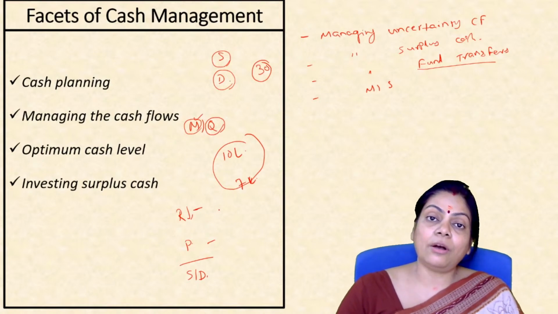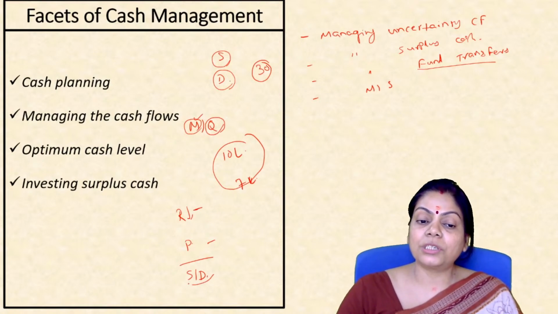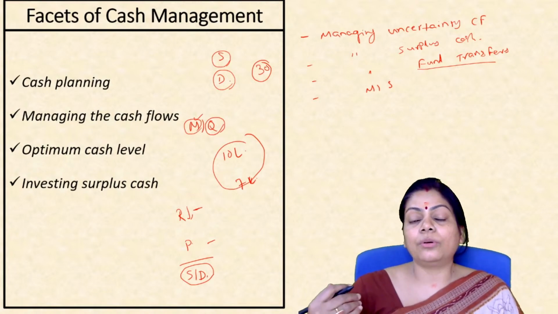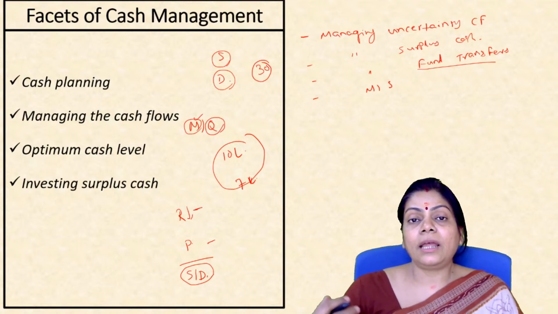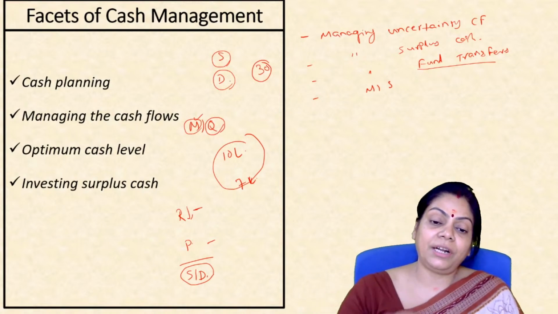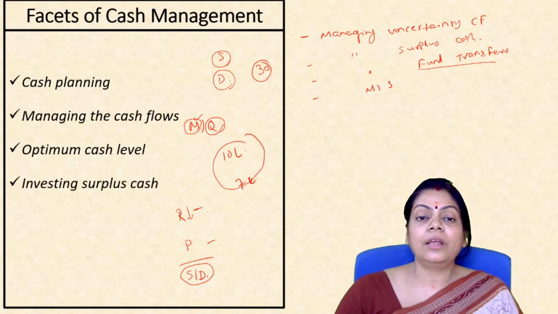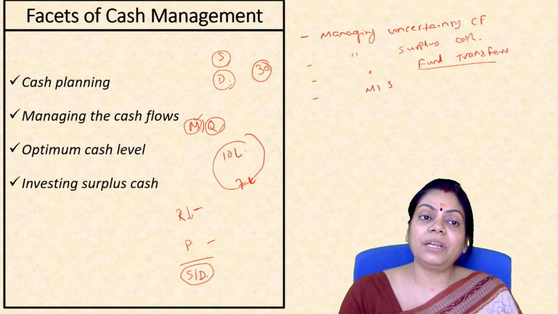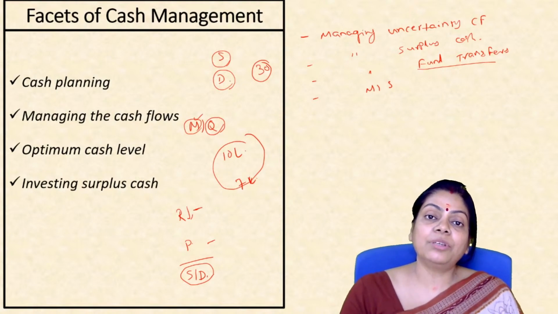But when will I come to know about it? I will come to know about this surplus or deficit at the end of my budgeting period. Probably then it would have created a chain reaction, where the corrective action that could have been taken, that time is gone.